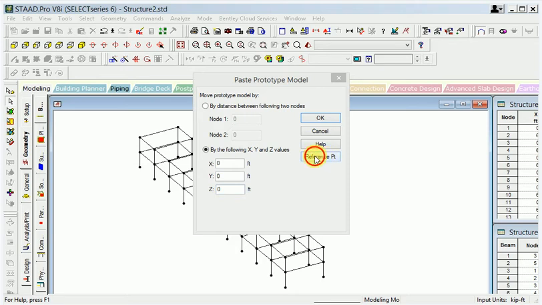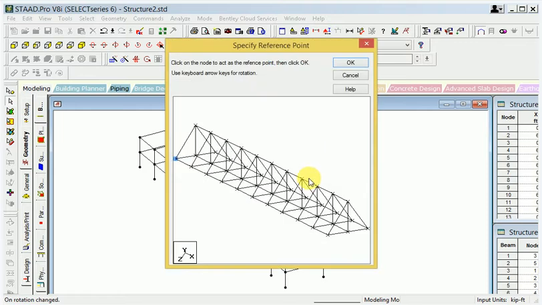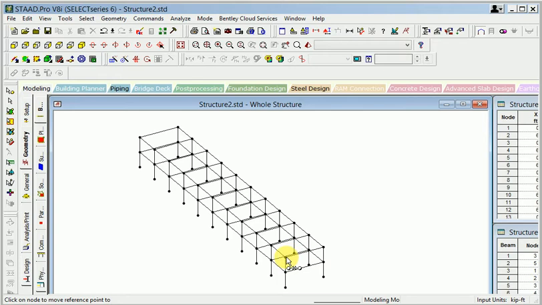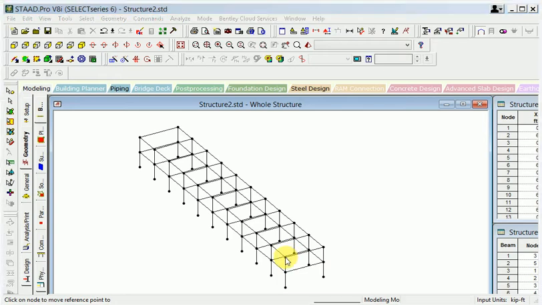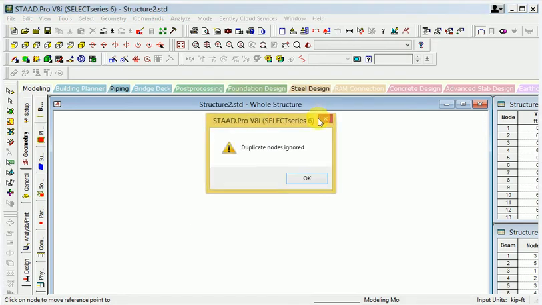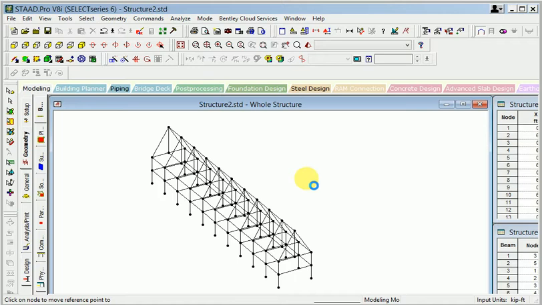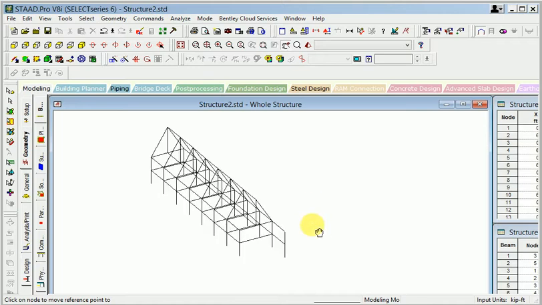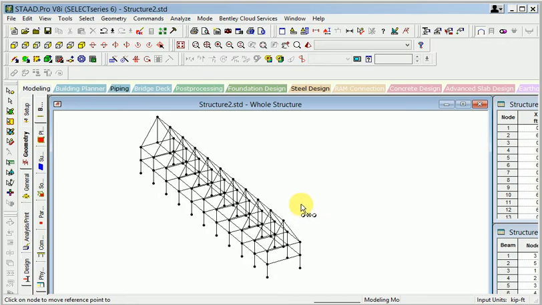So first of all, I go to reference point, and this is the first point and this is the second point, then after I can go to OK and join to this point. Okay. This asks about duplicate nodes, ignore and get. So right now you can see that this member has been created.